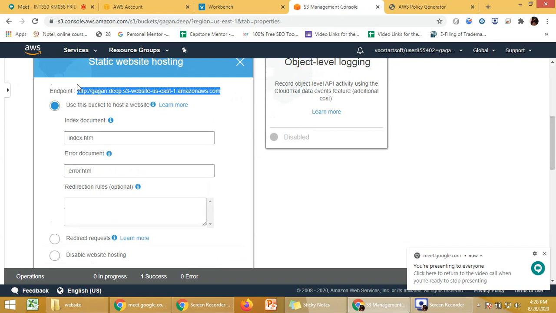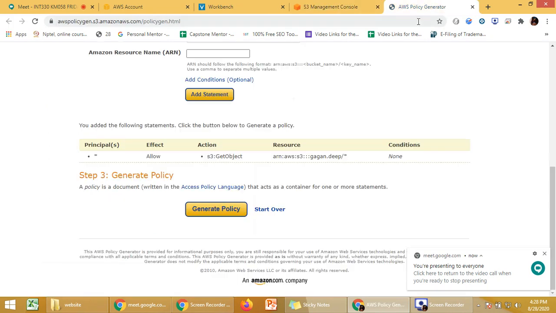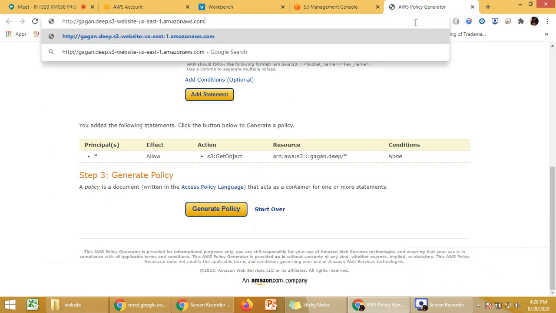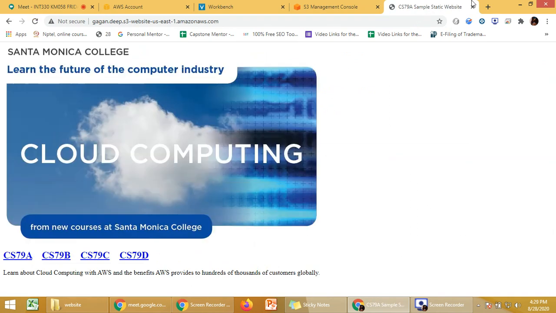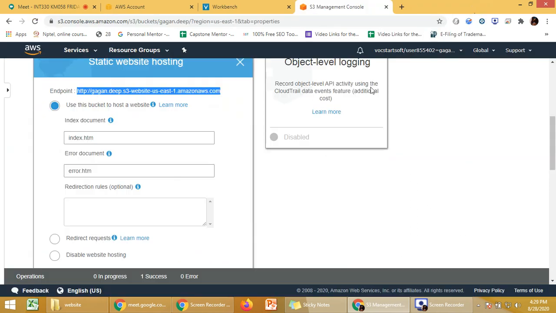You can copy this link in your browser and you will be able to access this. Now this is from some college, so you can see this. So this is how we are going to host this inside the bucket. Sometimes it is not available to you, so you can simply go to a new tab, go to incognito mode and then use it.